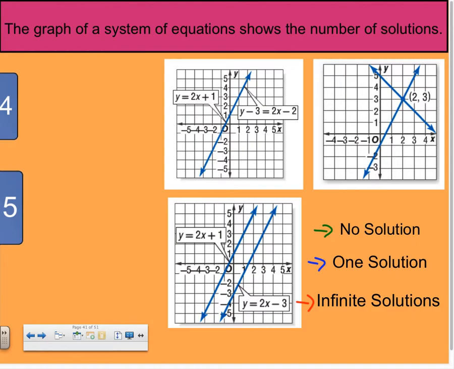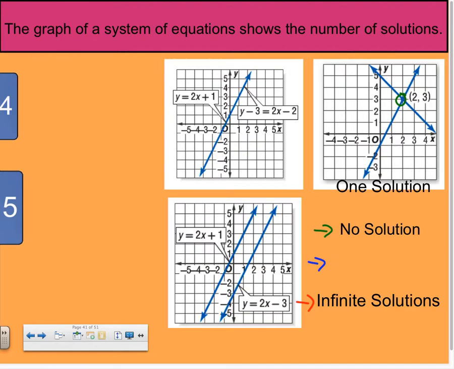Now, the one that we've been working with, the two examples in the previous two videos, were examples of one solution, okay? So that would be where you have two lines that cross each other in one place. And as you can see, this graph up here on the right would be one solution. There is one point where these two lines cross, and so there would be one answer, and that is the point 2, 3. So what about these other two graphs? Well,